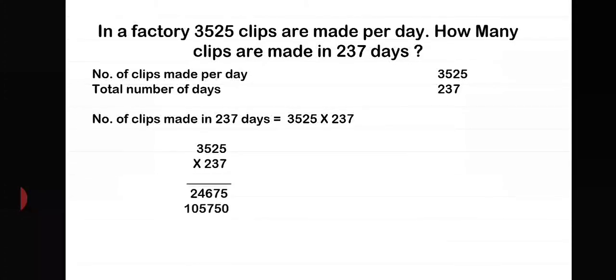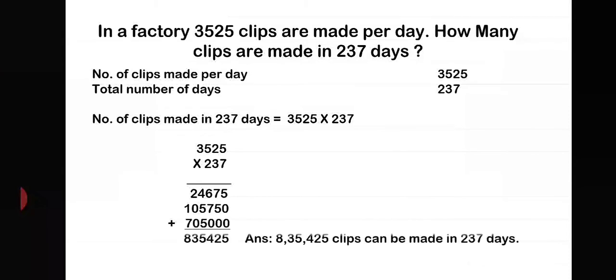So when you carry out the sum, you get the answer, that is 8,35,425 clips. So as you can see, I have performed all the steps. So instead of placeholder, if you see in the previous sum, the placeholder was given as multiplication sign. Here I have put zeros. So you can put both zeros or else multiplication sign. Both are